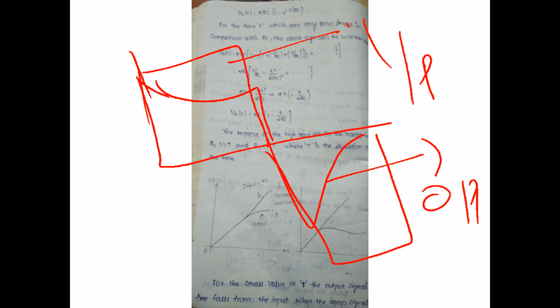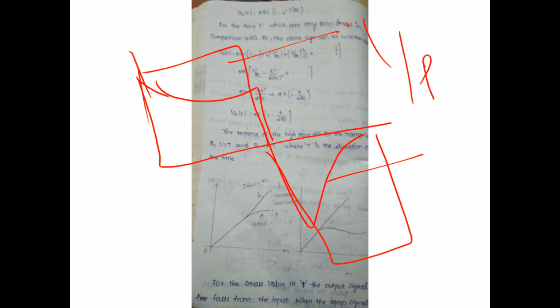The signal increases, and after reaching a certain value, it suddenly falls to the zero condition. The capacitor cannot change instantly. In this condition, the output is reduced to zero level. So this is the output signal when it is applied to the RC comparable to TP.